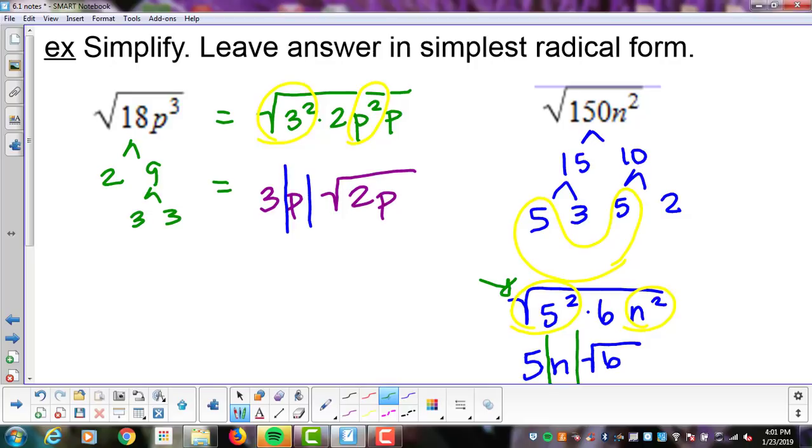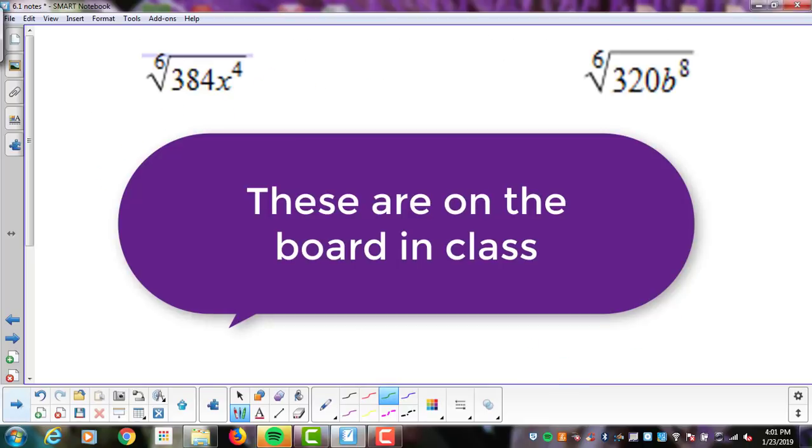Okay, 2 more, and we'll be finished. 6th root of x to the 4th. I don't know what a 6th root of 384 is, so I'm going to make a factor tree. I know it's divisible by 2 because it's an even number, so let's see. 384 divided